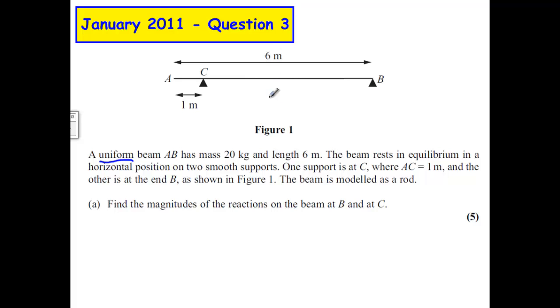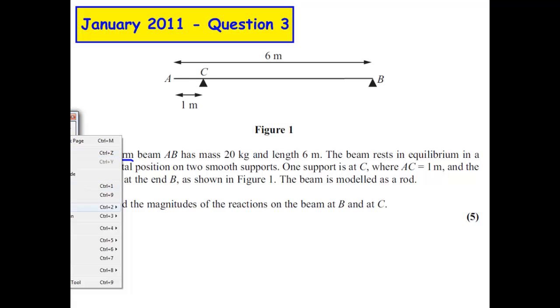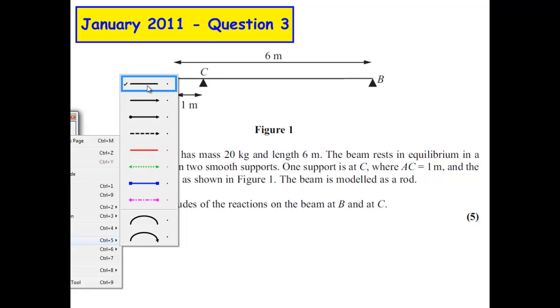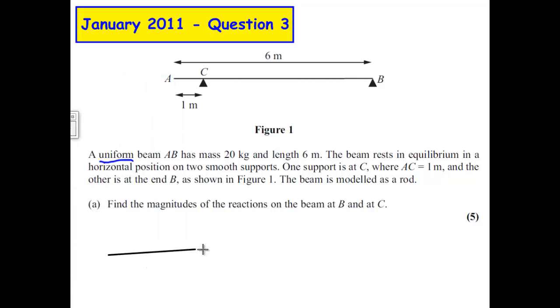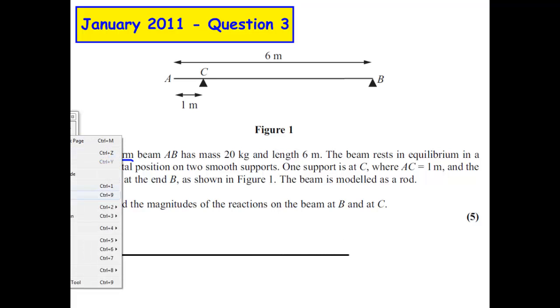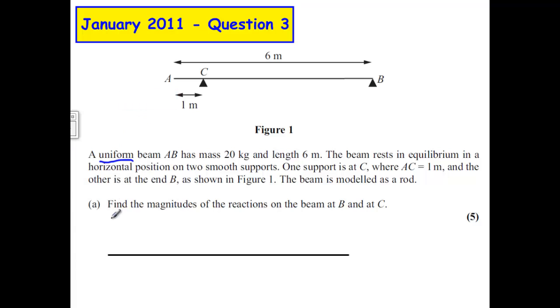If I was to make a mistake, then this diagram that they've given me could get a little bit messy. So I'm just going to draw a brand new diagram from scratch. It wouldn't take us too long in an exam to do this, and that's just in case I was to make a mistake when drawing the diagram. So I'm going to draw my beam from A to B,